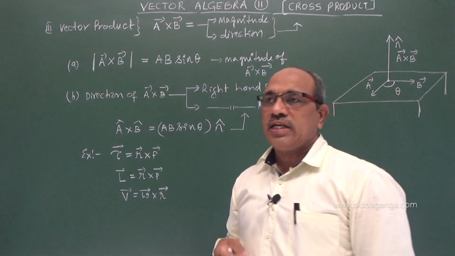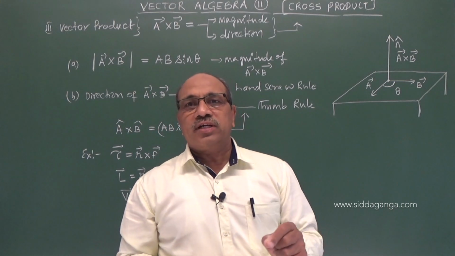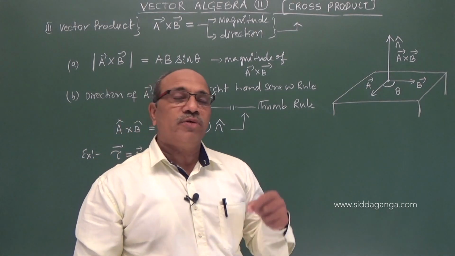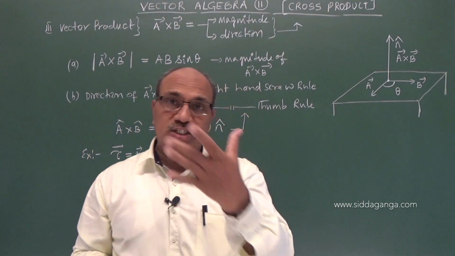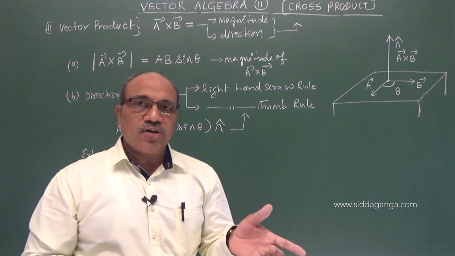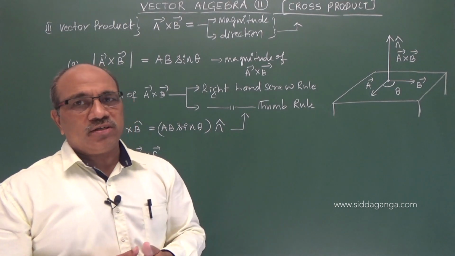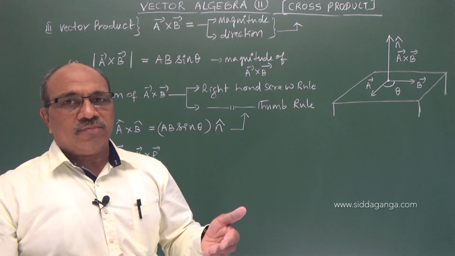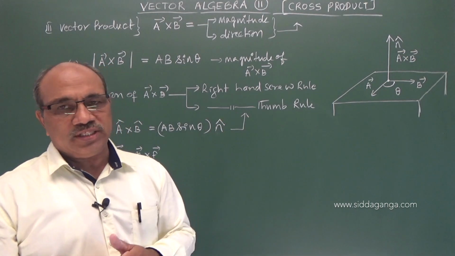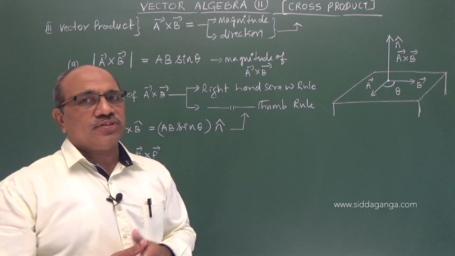However, I showed how the scalar product AB cos theta is defined in two ways. The dot product of two vectors A and B is numerically equal to the product of the magnitudes of the two vectors and the cosine of the angle between them. Similarly, another definition is also given: the dot product of two vectors is numerically equal to the product of the magnitude of one vector and the cosine of the angle made by the other vector with the first, or the component of the other vector in the direction of the first one.